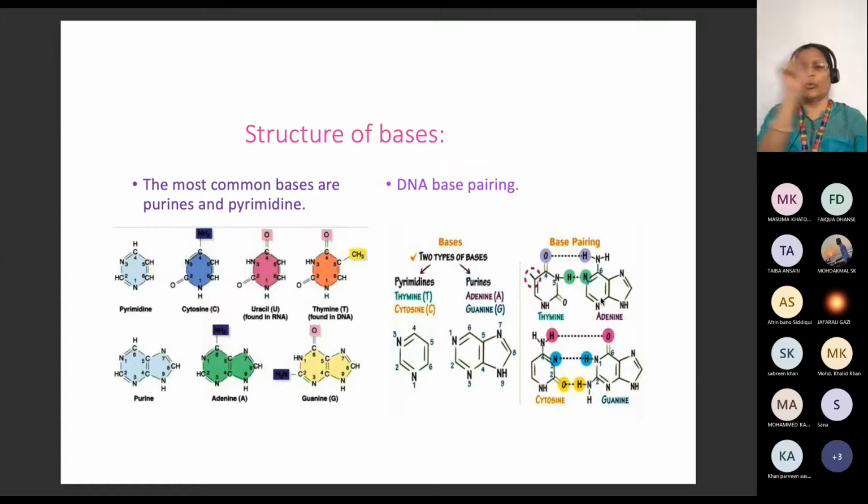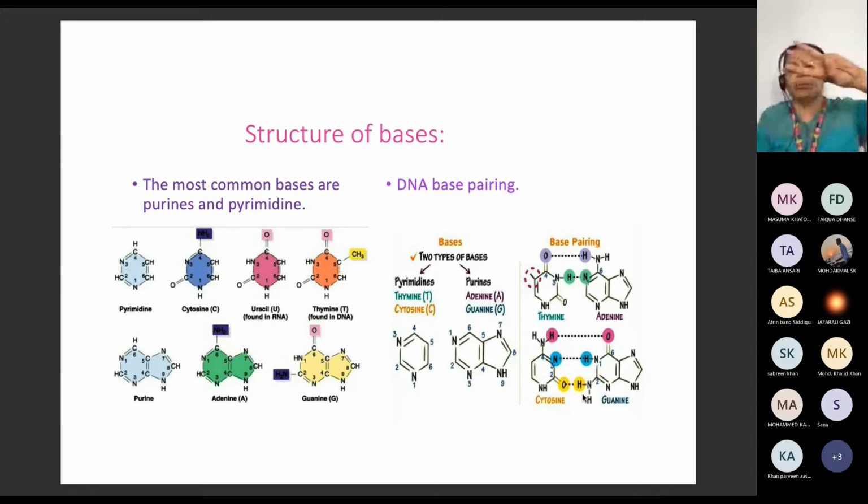This is what we will have between adenine and thymine: 2 bonds. Whereas between cytosine and guanine, we can have 3 points of connection, 3 intermolecular hydrogen bonds. One is down between O and H: O of the C=O of cytosine and H of the NH2 of guanine. Then the second is the nitrogen of the pyrimidine and the hydrogen from the purine. Then we have the hydrogen of this amino group and the oxygen of the guanine. So 1, 2 and 3.